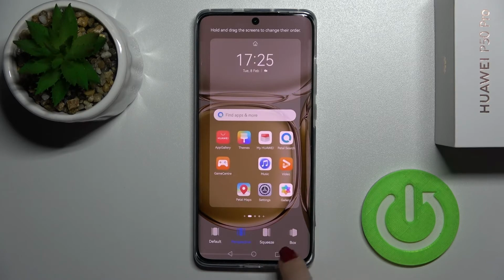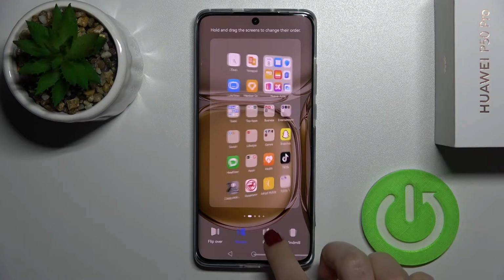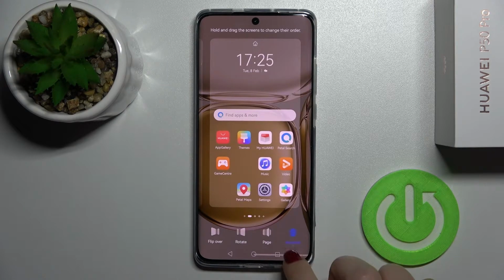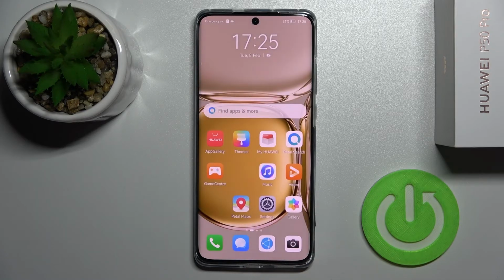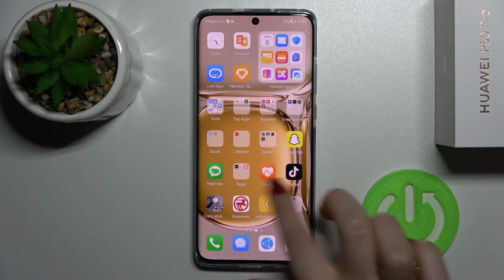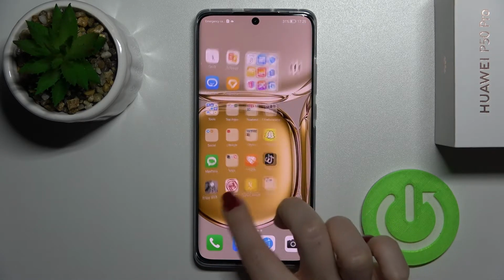Here you can just see all of these transitions, and just select one from each of these transitions. For example, I'll go with the flip one. Now just tap the home button, and as you can see, we just successfully changed our home screen